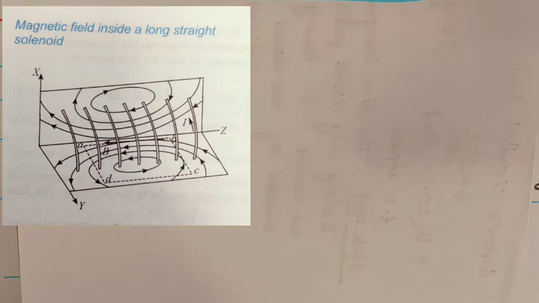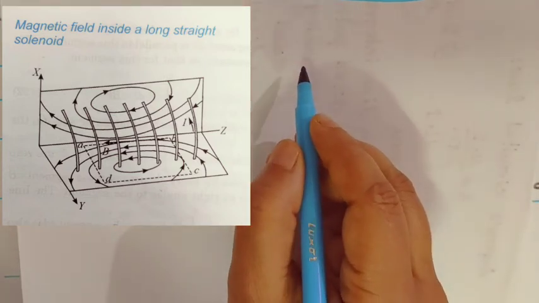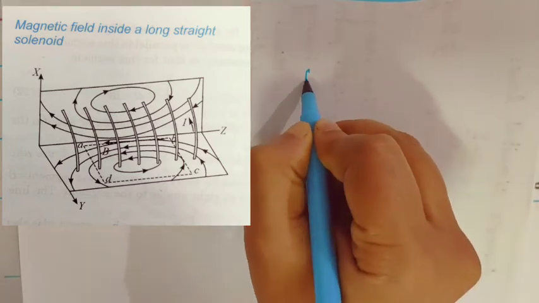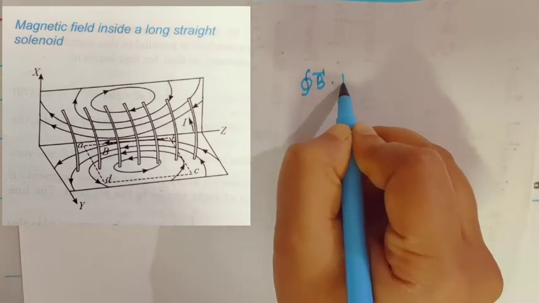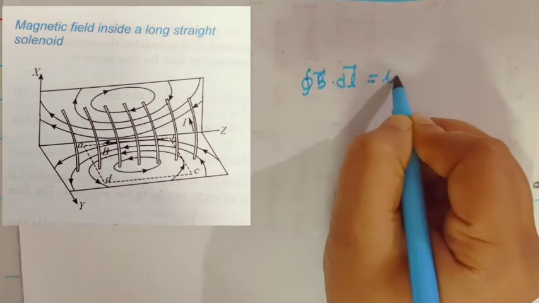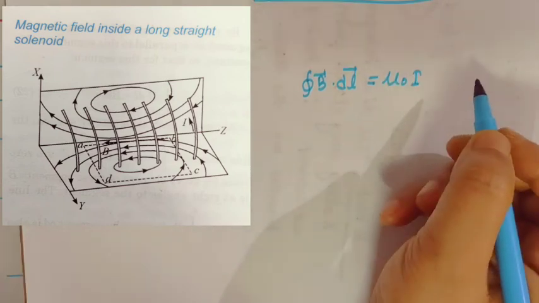The segment AB of length, say L, is parallel to the axis of the solenoid. The segments BC and DA are taken very long so that the segment CD is far enough from the solenoid and the field at this segment is negligibly small. Clear? Now again, if we apply Ampere's law, we can write closed integration B dot dl is equal to mu naught I to the rectangular path